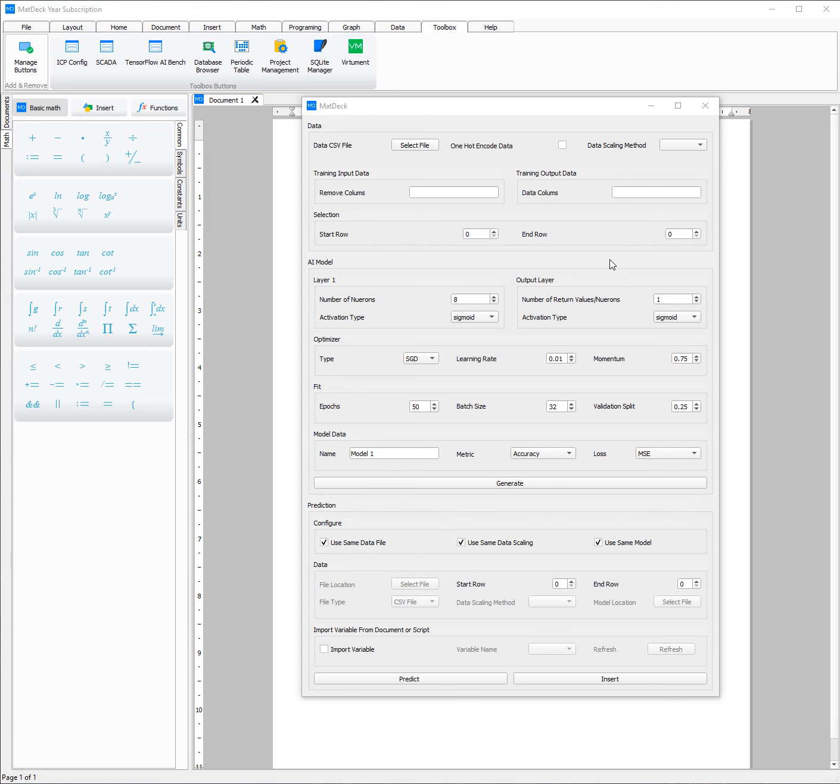Now, all we need to do to create a TensorFlow AI model is choose which data file we will be using to train our model on, and whether to encode the data. This is only done if the data contains lots of strings. Then, a data scaling method to normalize the data, this is optional. And now the two most important things are which columns we will be removing to train the data, which is also what our X component will be,